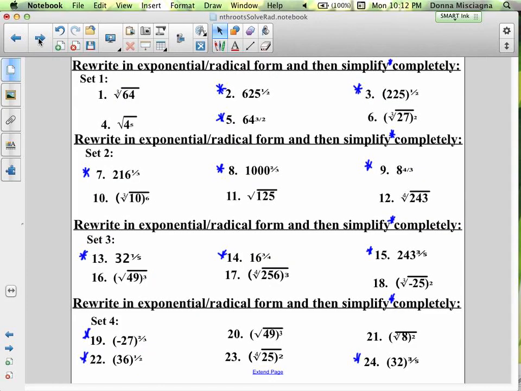And that's the end of this lesson. All right, so here's the whiteboard practice. Now you see 4 sets. You're going to only do 1 set. And here's an easy way we'll figure this out. We'll do it by letters of the alphabet. There's 26 letters in the alphabet. If we divide it by 4, that's going to be about 6. So if your last name starts with A through F, so A, B, C, D, E, F,